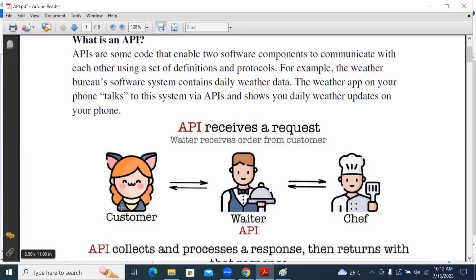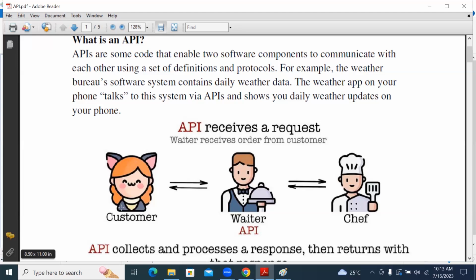Very simple understanding, guys. You can understand this concept very easily by looking at the API. You are sitting at the table, you did not go to the kitchen platform, you have not given the order in the kitchen, but you are able to get everything from the kitchen by taking the waiter as a mediator.